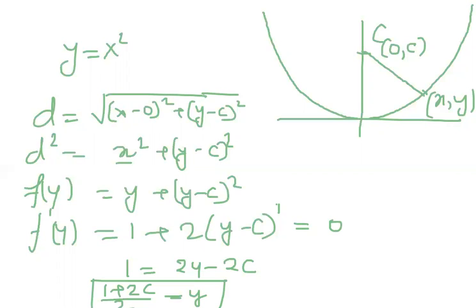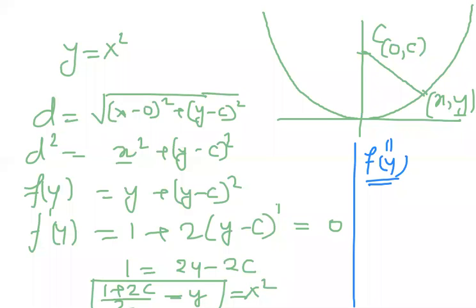Now, when the value of y is with us, y is equals to x square, so the value of x we could also calculate easily. But after this, we need to calculate f double dash y. Why calculate f double dash y? Because we need to show that the shortest distance must be least. For least, f double dash must come positive.